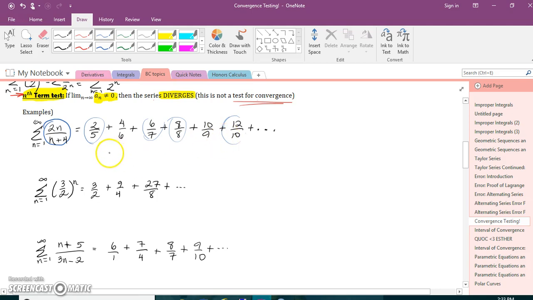Let's see if they're going to something else. Let's actually do the nth term test. The limit as n goes to infinity of my generator. Well, here's my generator. So you need to be able to take your generator and